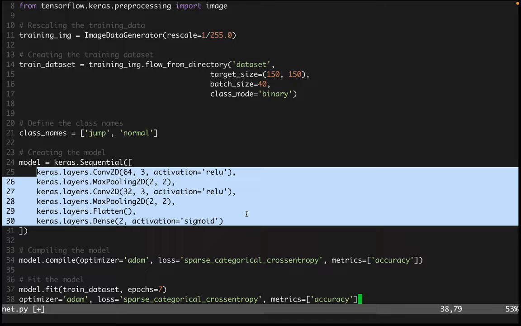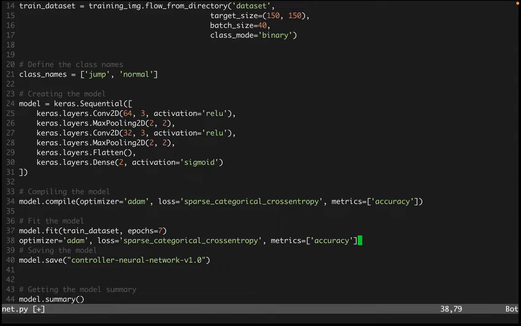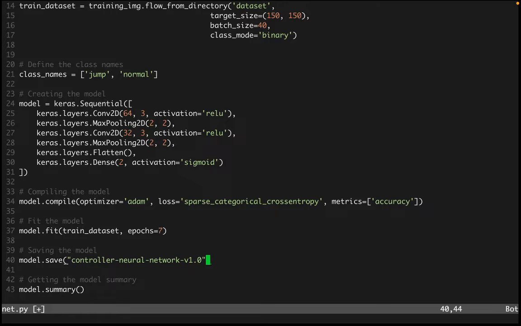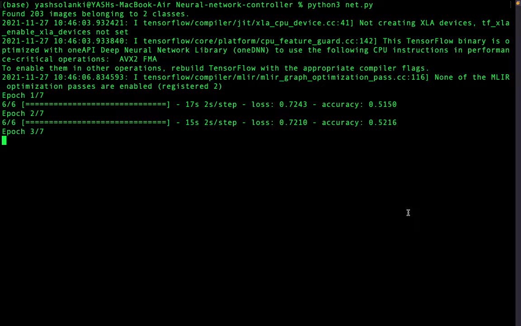Wait, wait a second. Dude, what? That's a syntax error, if I've ever seen one. There we go. That was a pretty big syntax error. I don't know how I managed to do that. Alright, we are having a